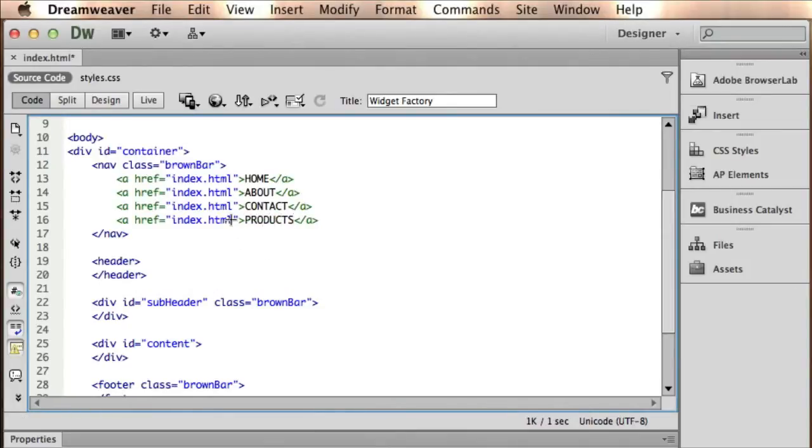Okay, and now I'm just going to take these other pages out because I'm not linking anything, and we can put the hashtag in there or the pound symbol, and that just basically will let the link act like a link, but it won't go anywhere. Because if you actually put a name of a file in here and you haven't created it yet, it's going to give you a 404 page, so it's not going to look right. But this won't do that. Okay, so now we have our other 3 pages. And if we want to create an about page,